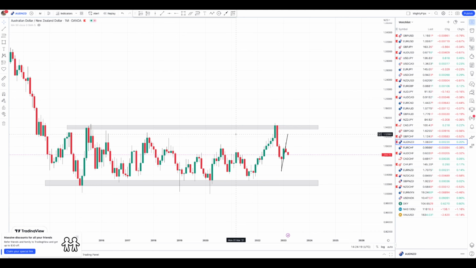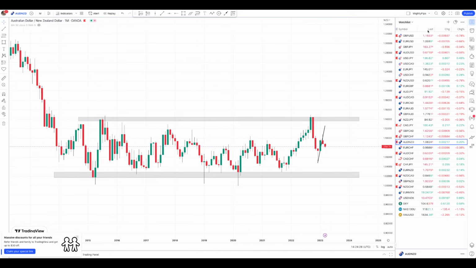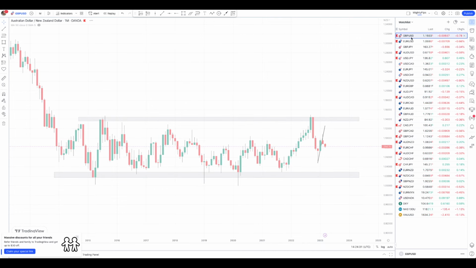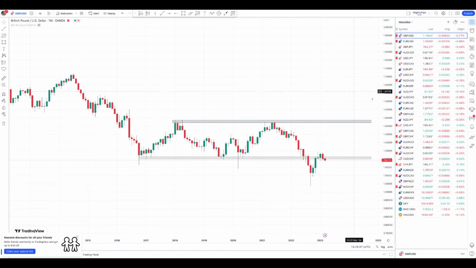Yeah guys, so we are here on the charts. I'm on TradingView. So this strategy is very simple. Let me use GBP USD. I'll use GBP USD as an example so that we can follow along. So what you want to do,